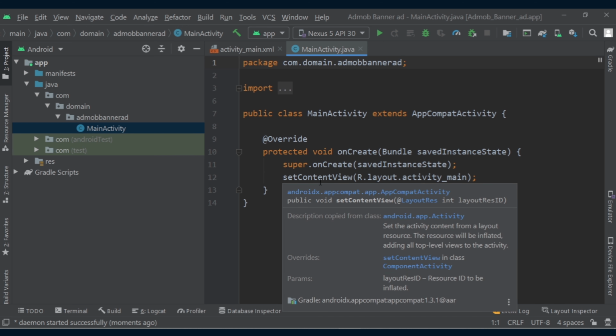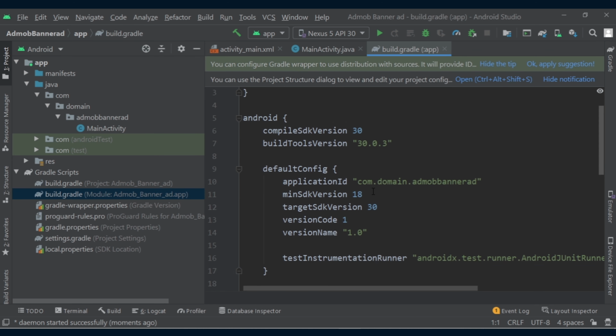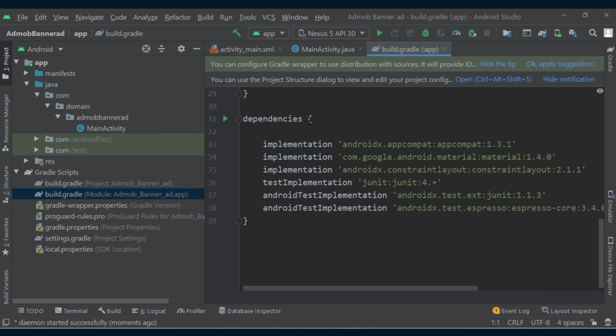Now the first thing we need to do is go to Gradle scripts and here go to build.gradle, and inside these dependencies we will add the Google services dependency.